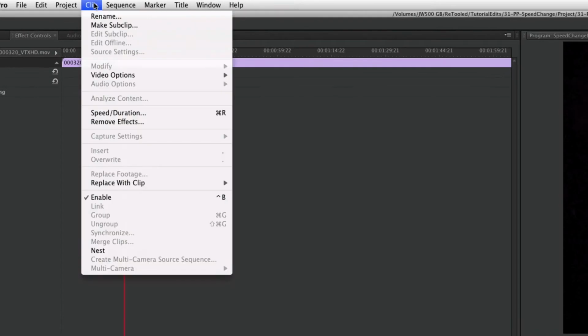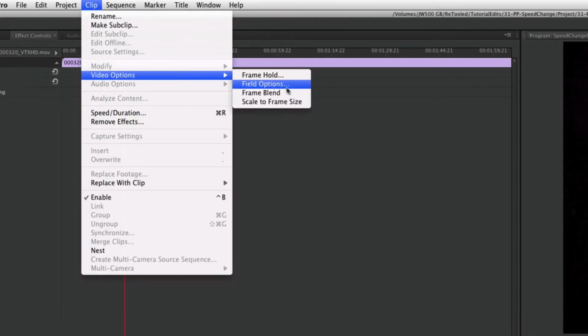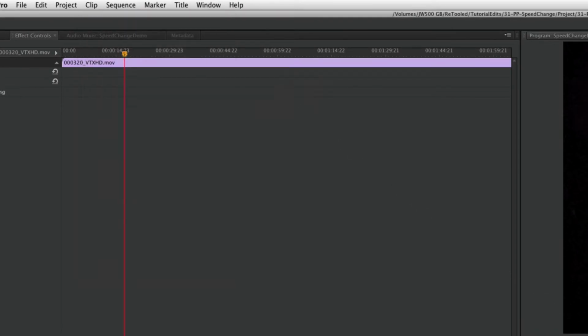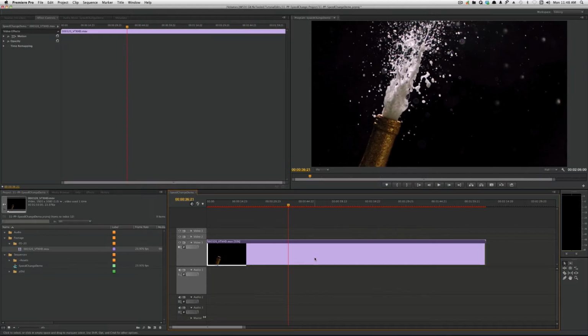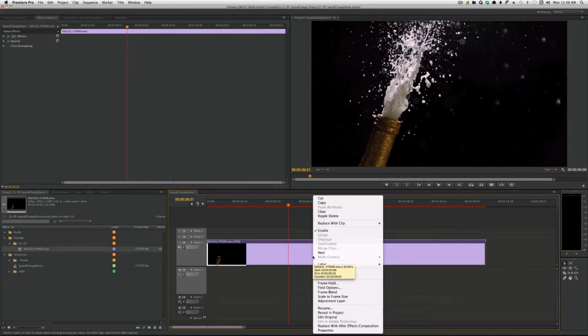So if I go over to the clip menu, video options, and I turn on frame blend, I'll get the similar type of frame blending in Premiere. And of course there's another way to do that as well, so I'll just undo that, and if I right click on the clip and just select frame blend, it'll enable it here, and you can see it enabled blending on that clip, and you can see the blended frame right now. So if I hit play,